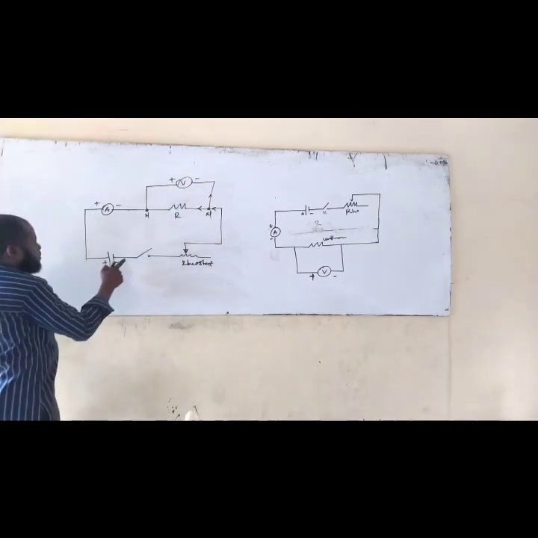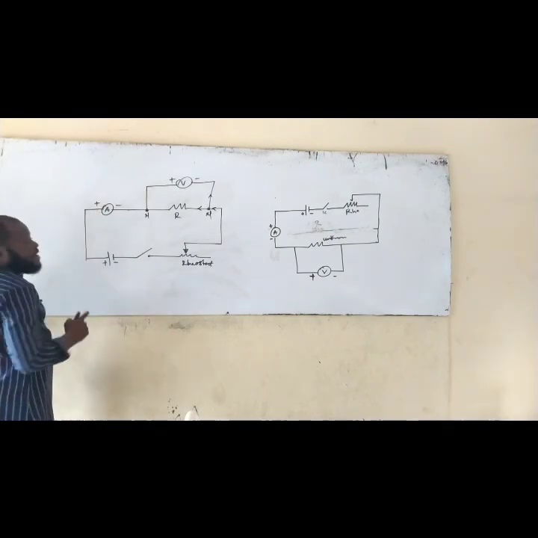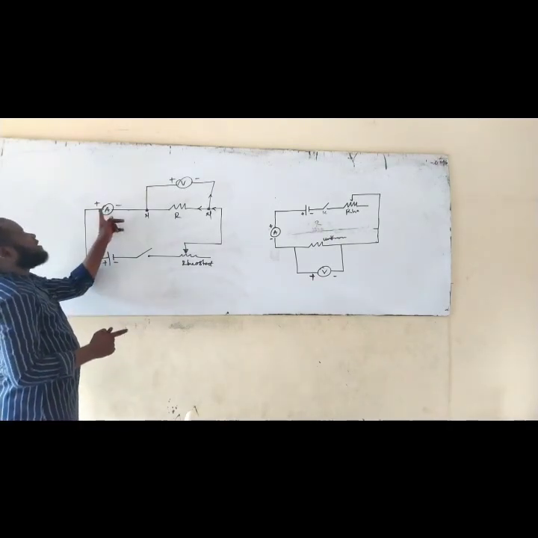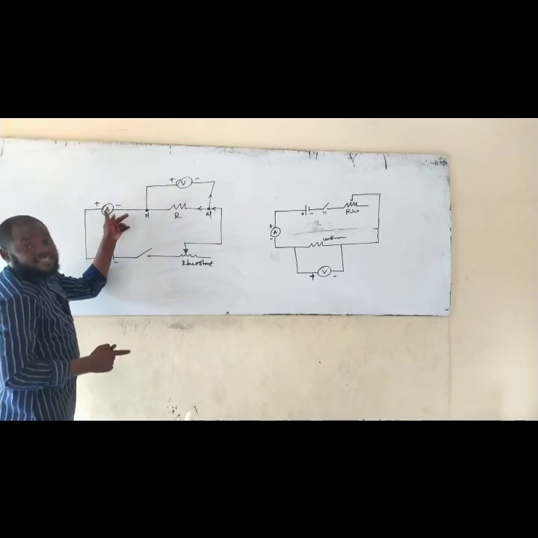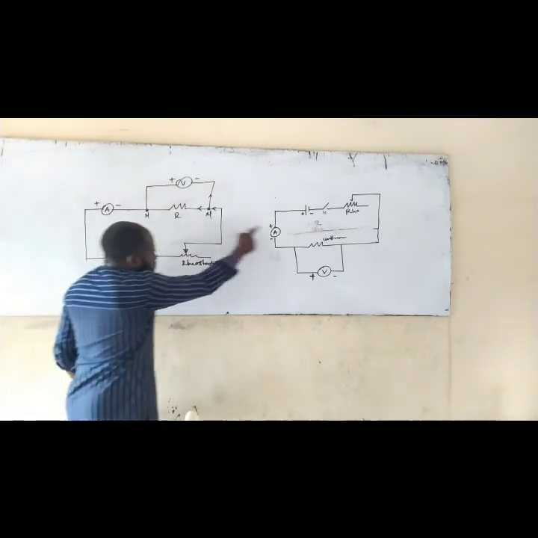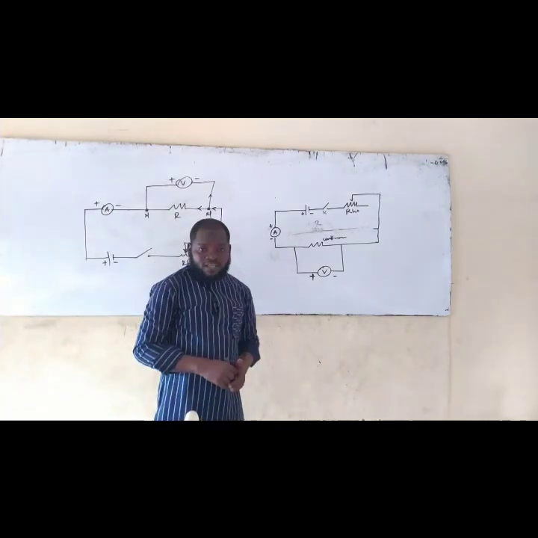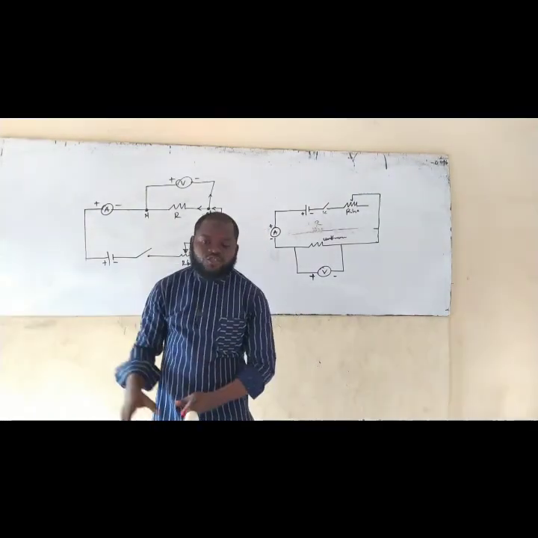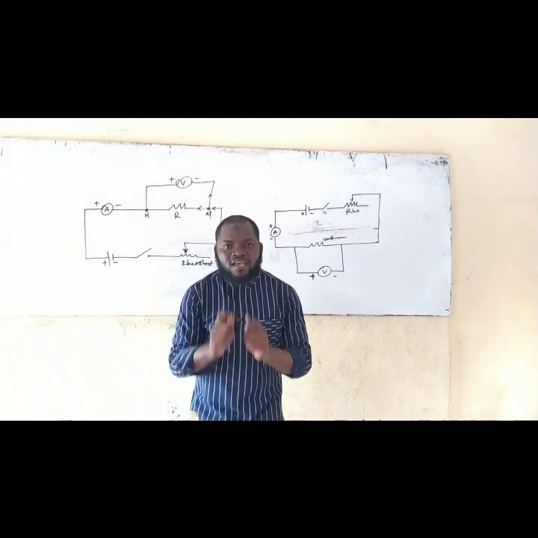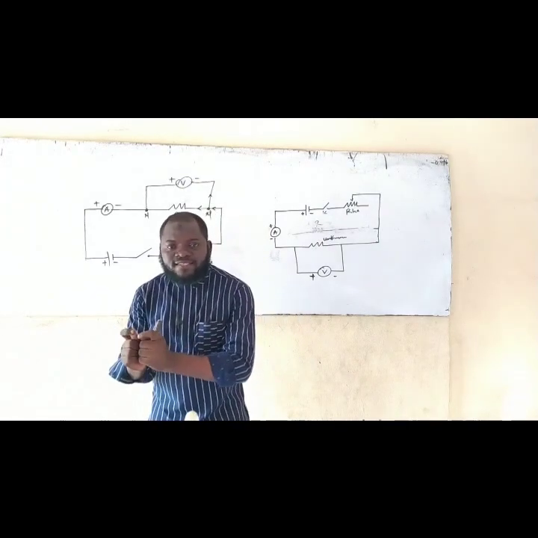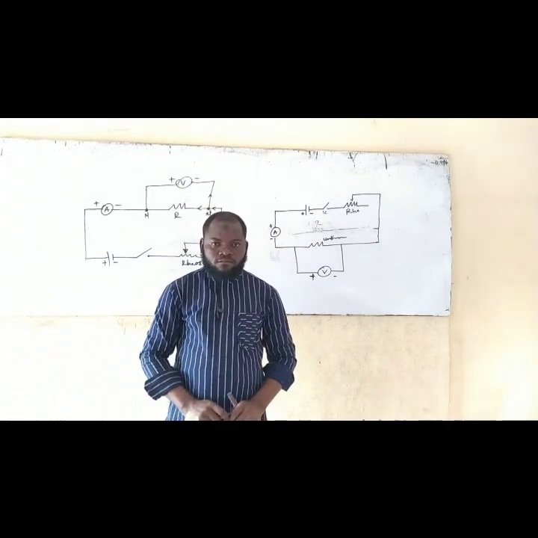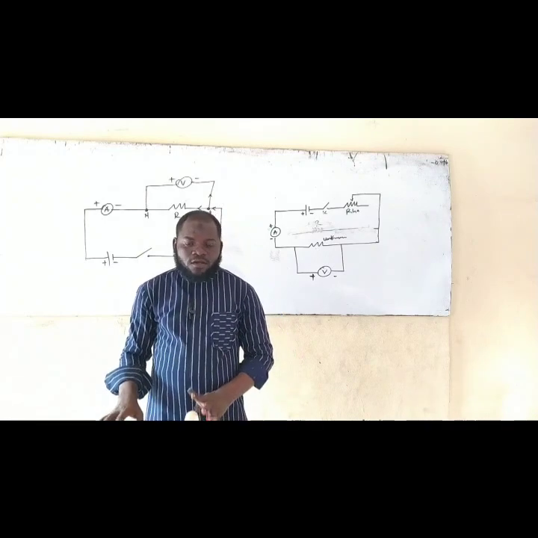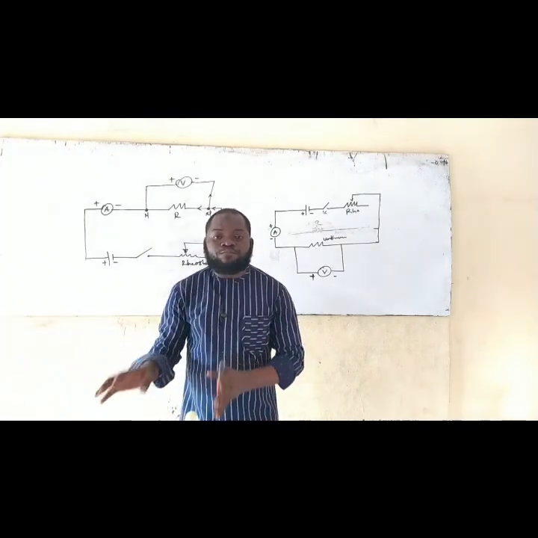But if you look at this one now, the current that is flowing like this is just flowing directly. That's how you get to know that this one is in series. And if you look at this and this one, it's still the same thing. So, changing diagram should not let you get confused as a student. That's why you need to understand when they are in series and when they are in parallel. I hope I'm clear now. So those are the things that bring about problems.